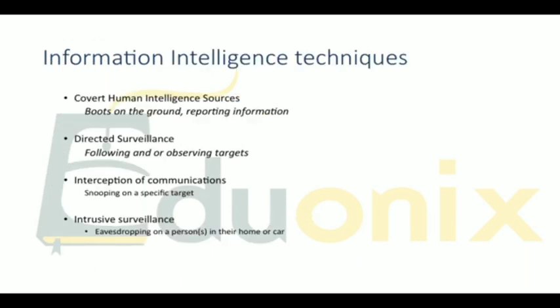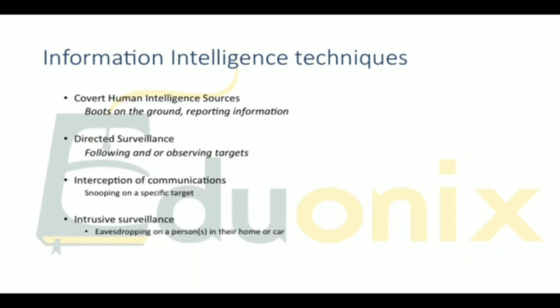So we'll start with information intelligence techniques. These examples here are more government orientated. The collection of intelligence is at the heart of a security service's work. By gathering secret intelligence, you seek to obtain detailed knowledge of a target's organisation, their key personalities, infrastructure, intentions, plans,